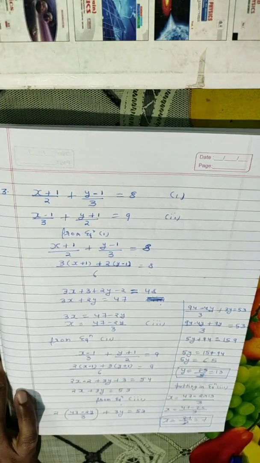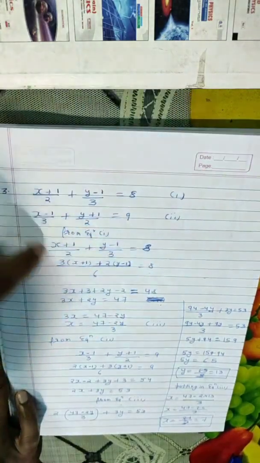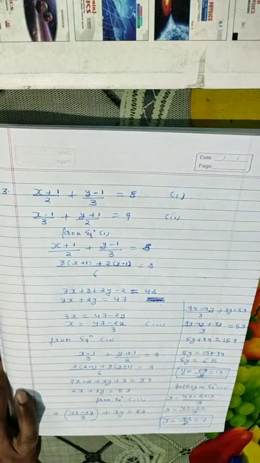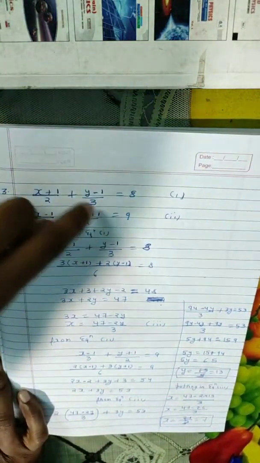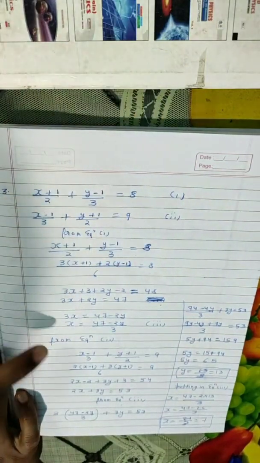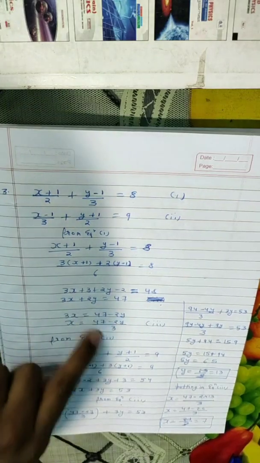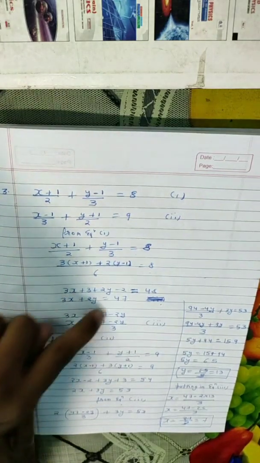So what we have to do, first of all, we have to select one equation. If the equation is of this type, which is reducible to standard form, this is not a linear equation in standard form actually. This is a linear equation but not in standard form. So just solve it to get the standard form, then express one variable in terms of another variable, as I have expressed x in terms of y here.